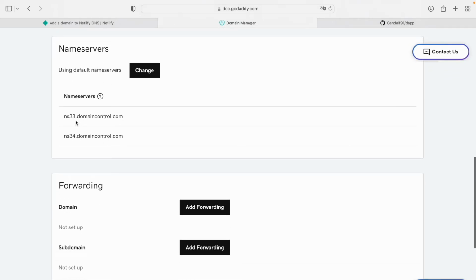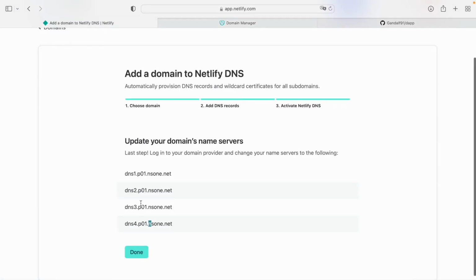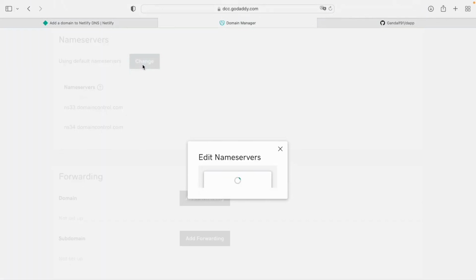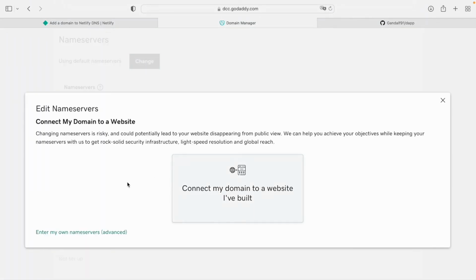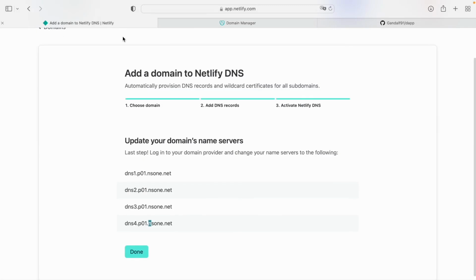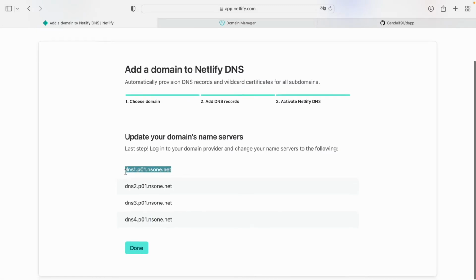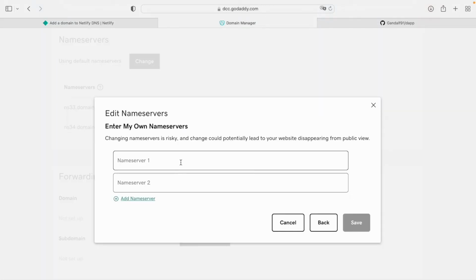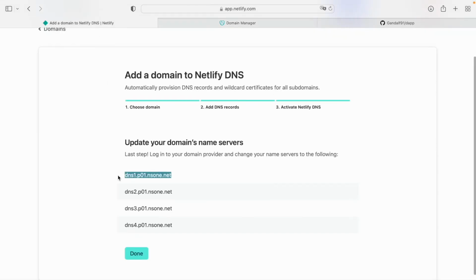You see these 2 DNS names are provided to us by GoDaddy itself. We need to change them. We need to change these 2 server names with these 4 that Netlify provided us. So we come in here and then we click on change. It asks us connect my domain to a website I have built. I say no. Let's enter my own name servers, and right from here, we copy and paste each of them one by one. So what's the first one, and then we go to the second one,